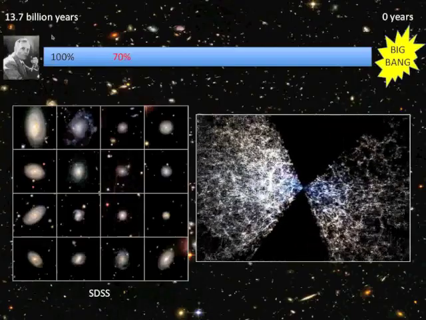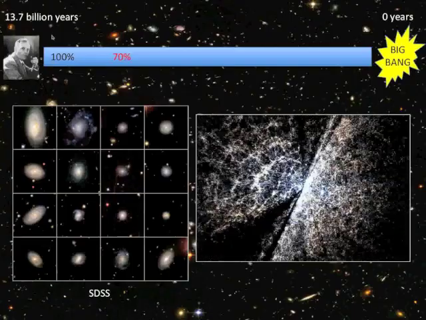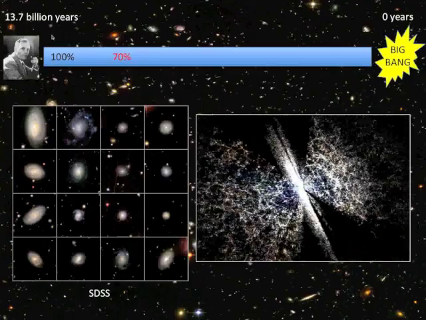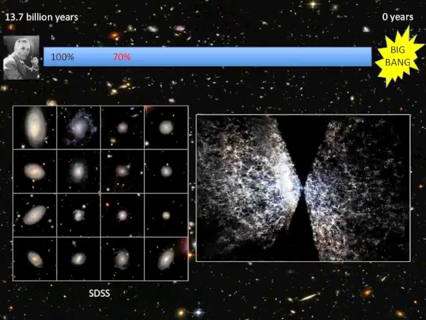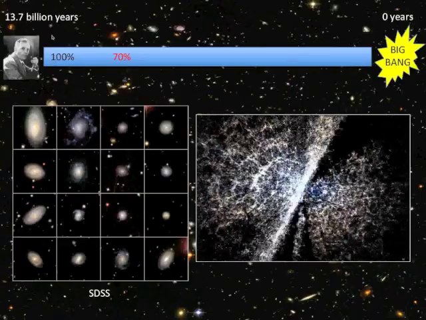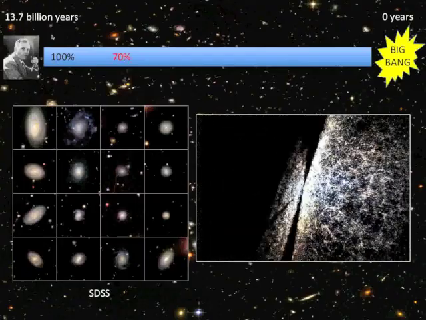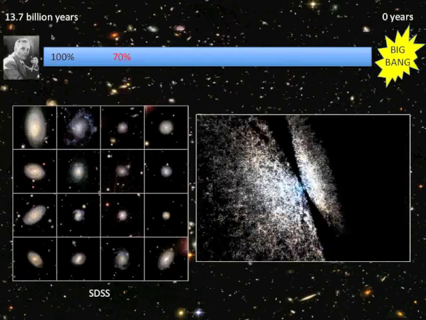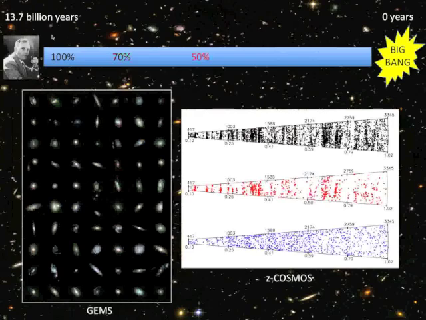And this map that I showed you before, in which we're sitting in the middle, you see how it starts fading out at larger and larger distances. It starts fading out because basically the telescopes that were used to build this map are not powerful enough to detect fainter and fainter objects further away. So by now, astronomers can build maps like this, very detailed distributions of galaxies, back to roughly 70% of the history of the universe.